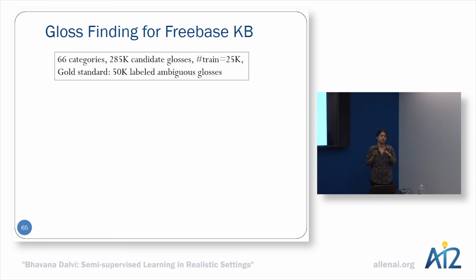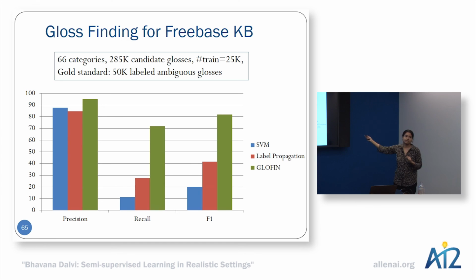Just to test the hypothesis, we used gold standard Freebase data which we got from the Entity Recognition and Disambiguation Challenge 2014. We had 66 Freebase categories and some 285 candidate glosses, and we had labeled ambiguous glosses for testing, 50K. And on this dataset, we got similar results. So it's not NELL specific. It gives a little better precision, much better recall, and much better F1. So this is how GLOFIN works, but